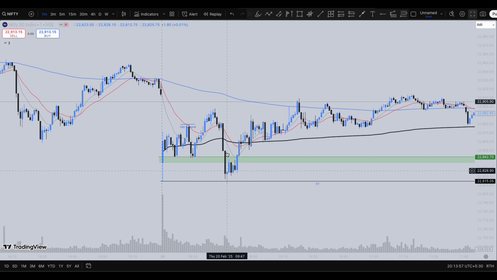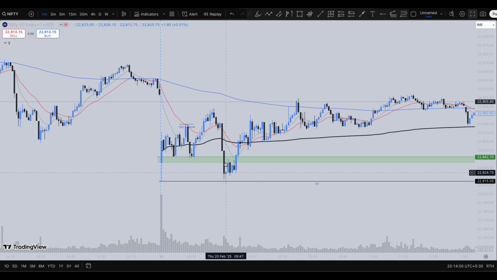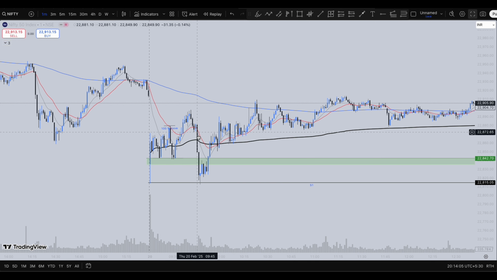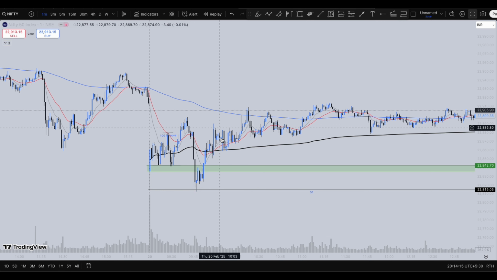Looking at this impulsive momentum, a lot of sellers might have entered the market, but to target all those sellers, the market again rallied towards the upside. Here the buyers got trapped, here the sellers got trapped, and you can see how the market is moving in a sideways pattern, targeting both buyers and sellers, clearly indicating some sort of